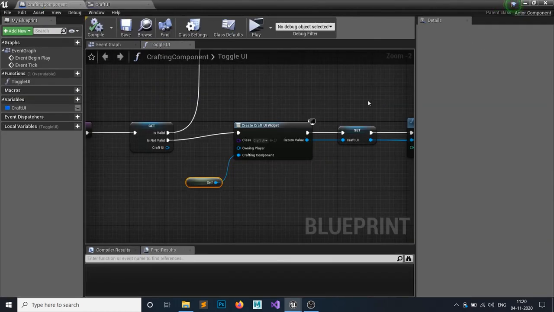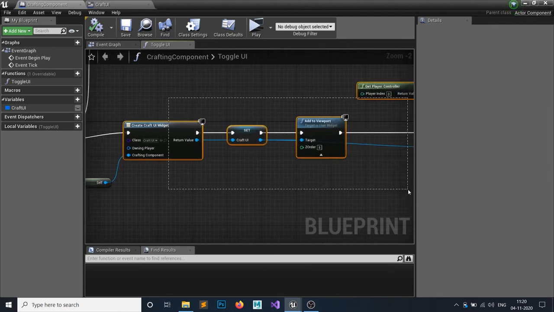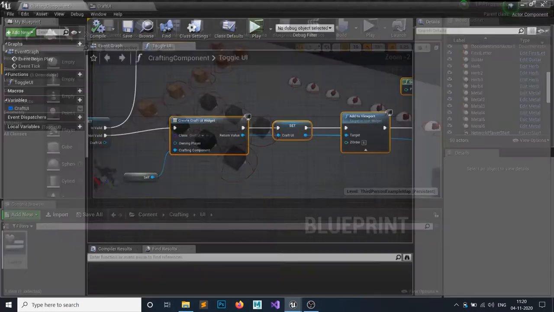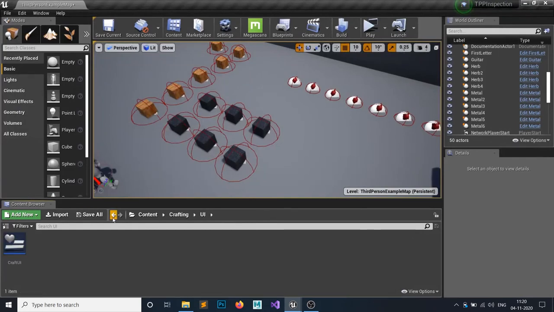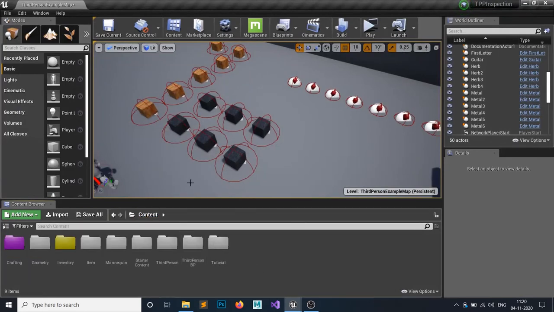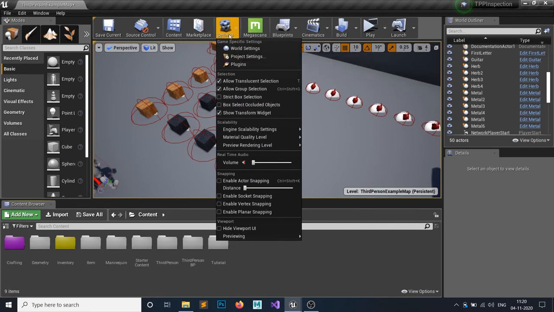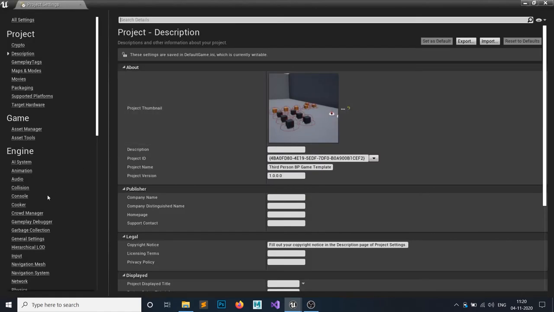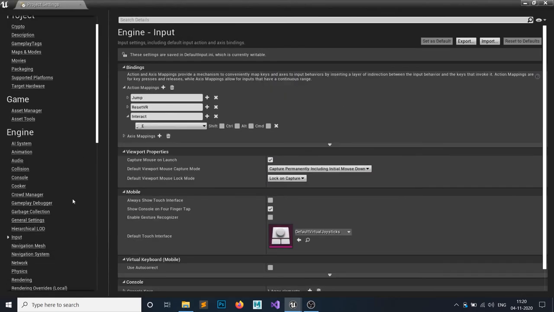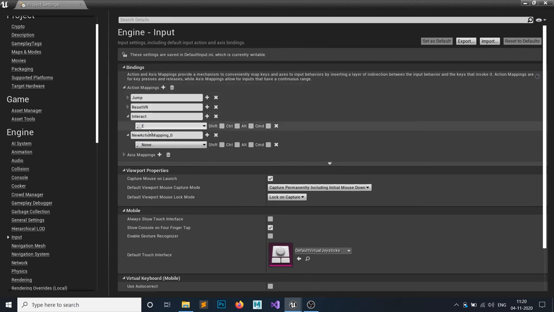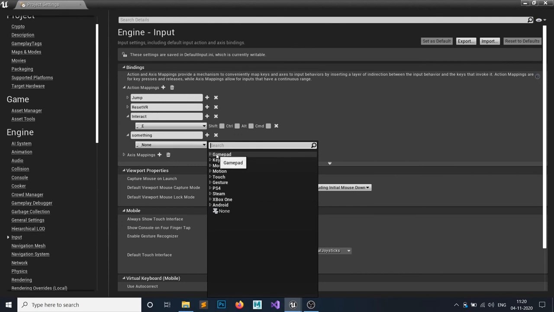Next thing, it is not part of this UI series, but I want to cover it. As you can see, we have made the 3 button in the player, but you can also do that by going through settings and your project settings. It will take some while to load up. Yep, in the inputs you can see you can add the inputs in here too. So let's say if you want to add an input in here, you can add something, and you can add the keys to here.